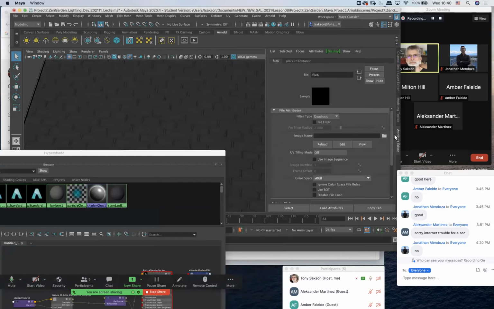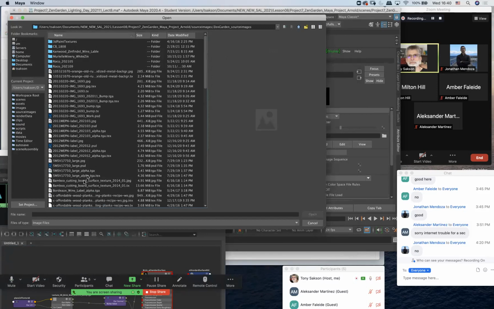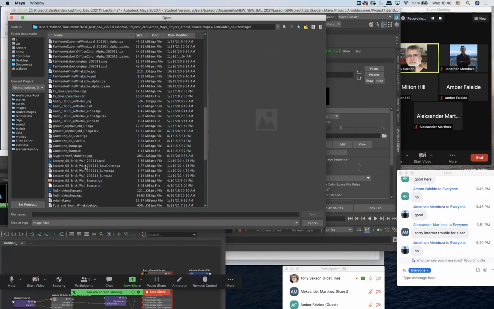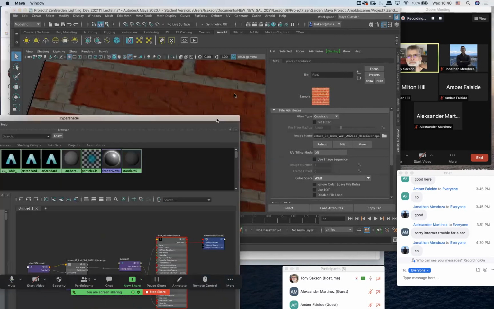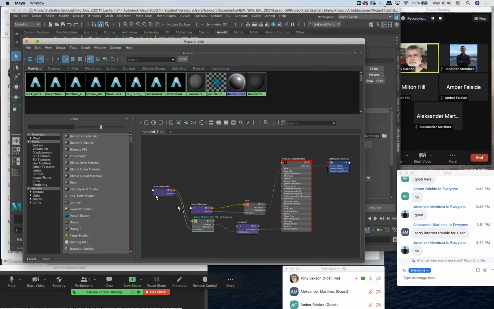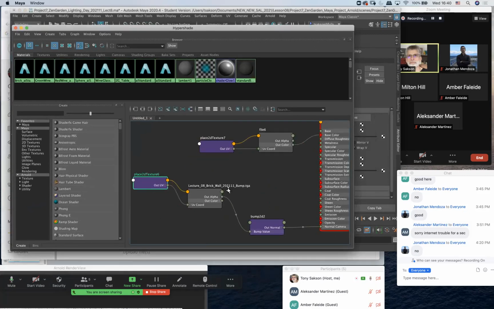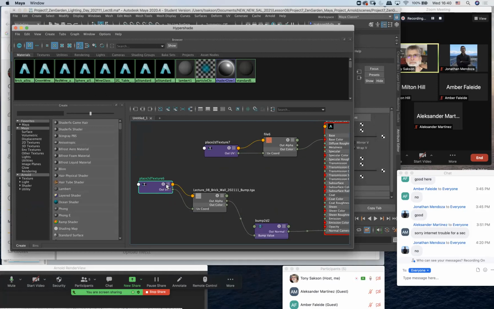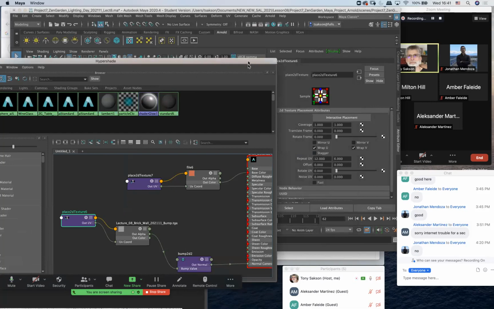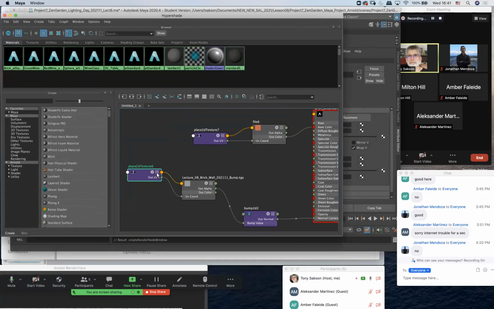So I want to put the color on. Color map. What I want to do is have my place 2D that we set up for the bump, this one right here, drive my color. So one more time, I want to hold down Command. Middle mouse click this level of detail icon. This is on the place 2D that has my proper repeats. Hold Command, middle mouse click, drag it, drop it on top of